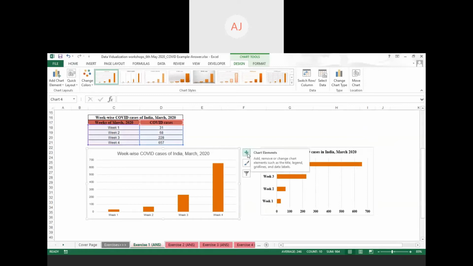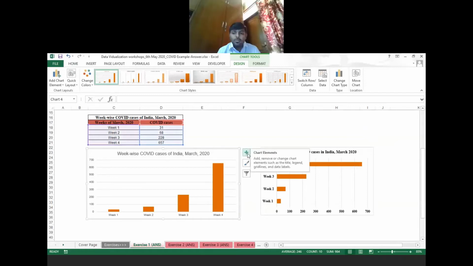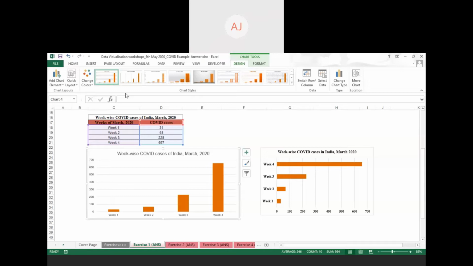Yeah. The next thing we have to do is add our axis titles. For the axis title, we do it the same way. If you want to go through the drop down menu, we can go to the Design option and then the first option, Add Chart Element. From here, we can go to Axis Titles.